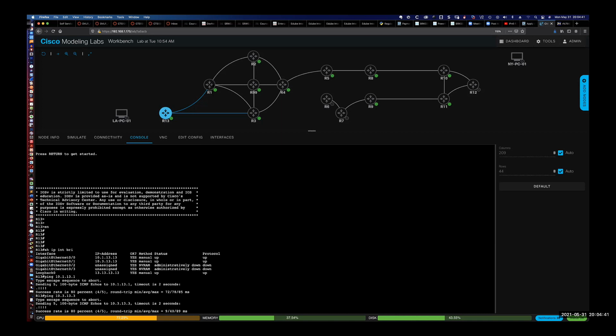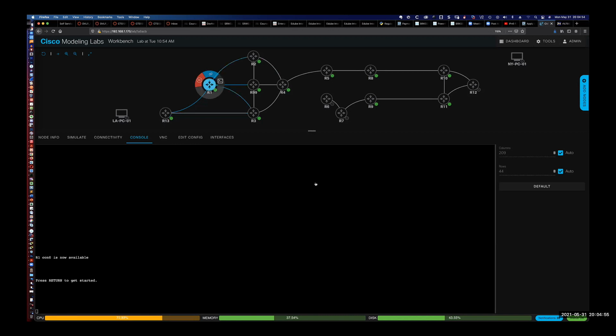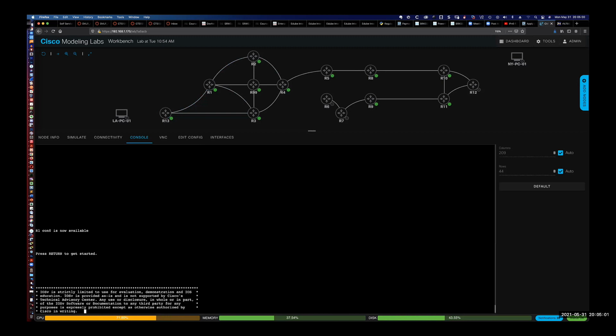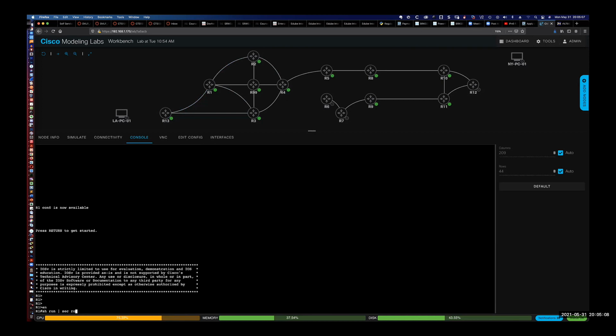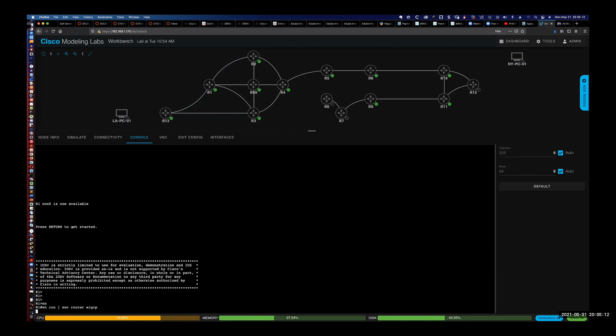Now, as I said, the majority of this environment over here is already configured for EIGRP, because we don't want to spend an hour going router to router trying to do EIGRP configuration when we can do it a couple of times and we'll know exactly what would be required. So here I am on router 1. We'll get into privileged exec. If I say show run and pipe it to section router eigrp, you can see that we're using